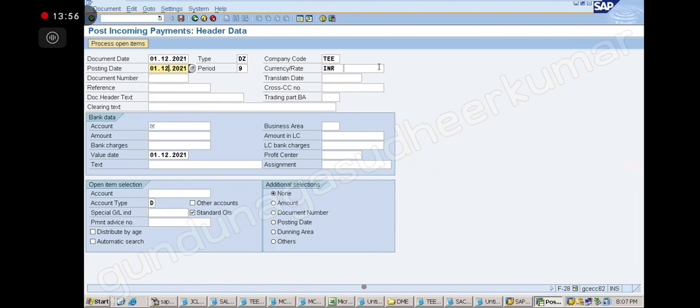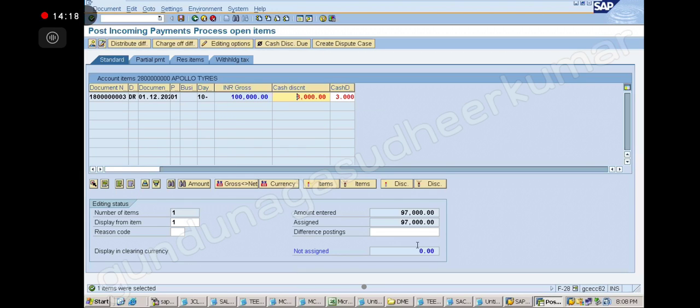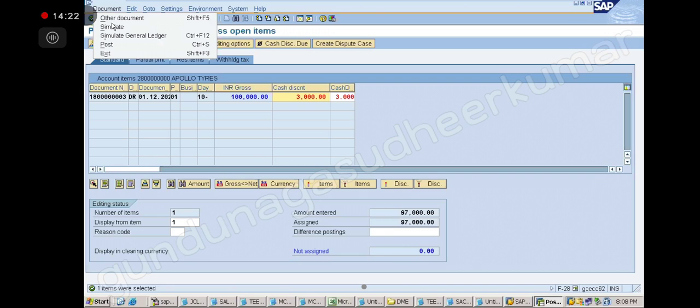Then giving the bank account number, flat number, amount is how much? 97,000. 428. Not valid, na? So document simulate.